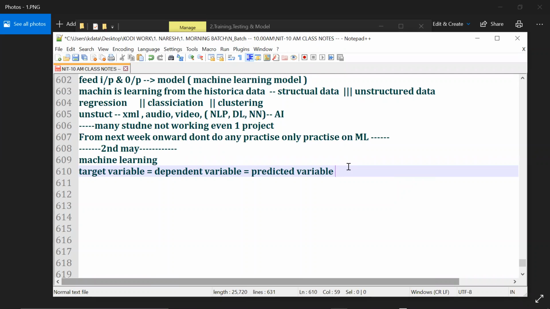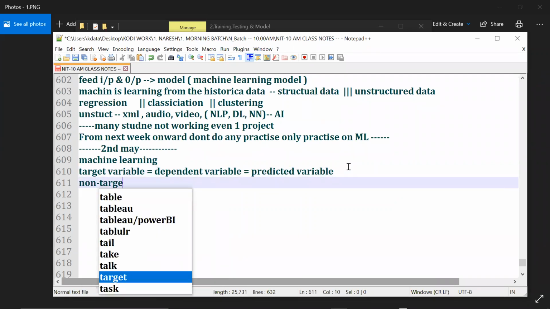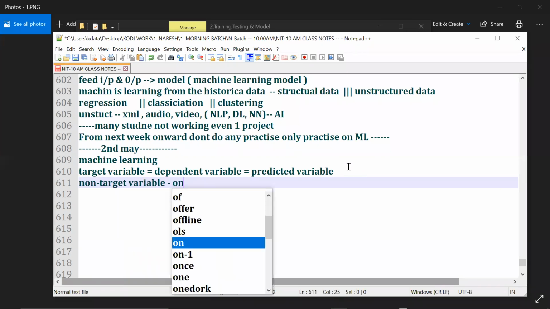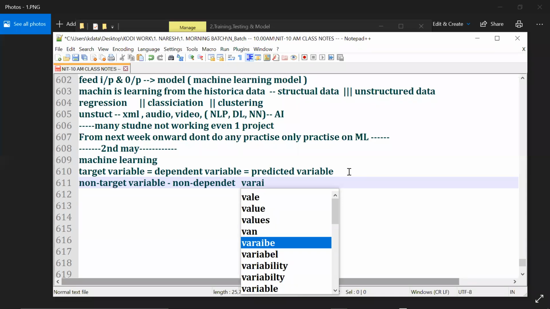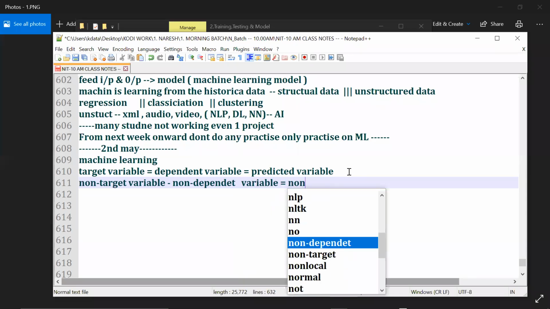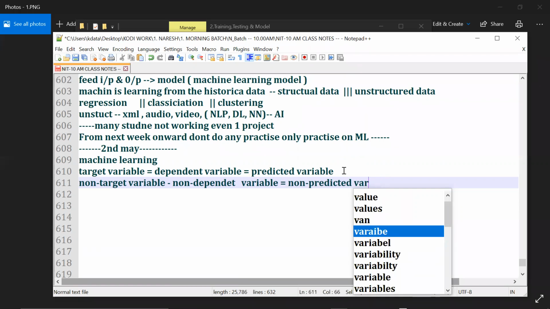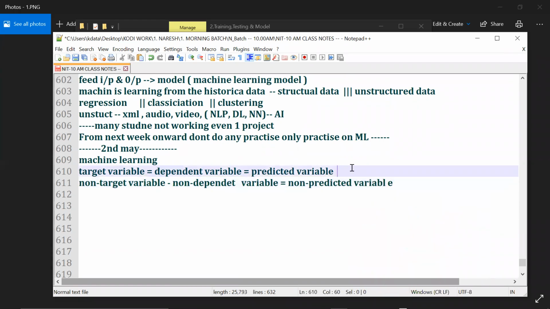Correct. Now the same thing: non-target variable, non-dependent variable, and non-predicted variable. What do we denote this one, X or Y?